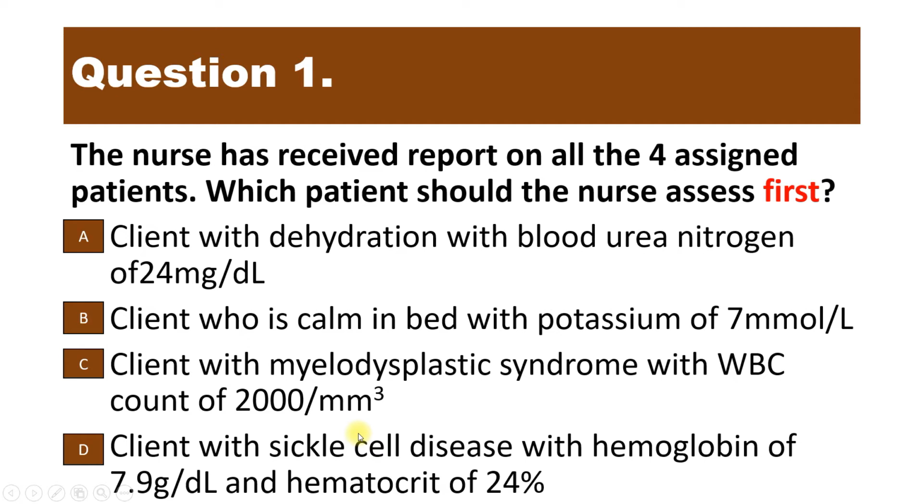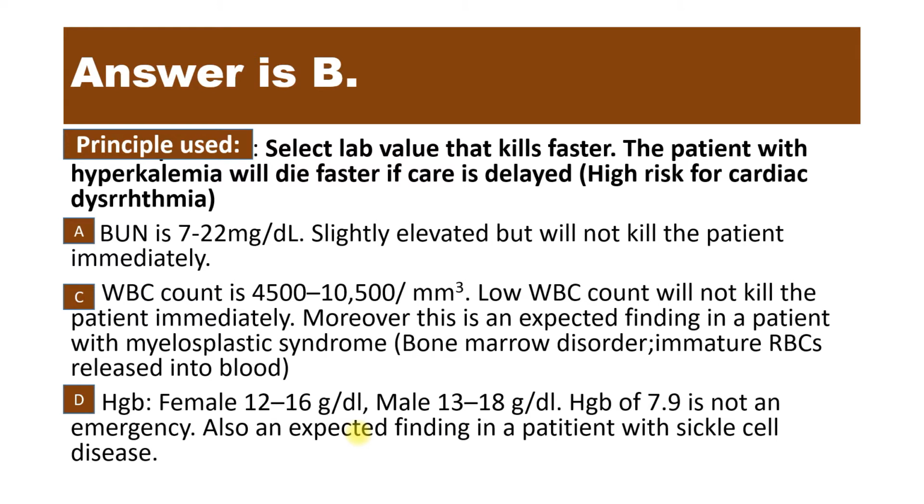Guys, what is your answer here? These are different patients with different lab values. What is your answer? Write your answer down. We are going to find out. Okay guys, the answer is B, and the principle that we have used is we have prioritized the patient with the lab value that kills faster. The patient with hyperkalemia will die faster if care is delayed, because this patient is at high risk of getting